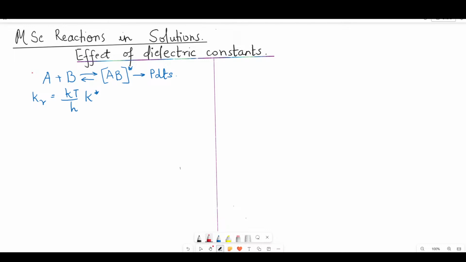Here, K star is the equilibrium constant for this mentioned equilibrium,